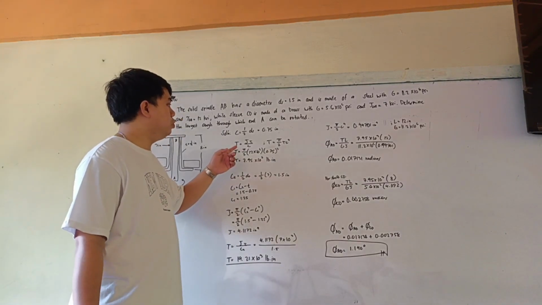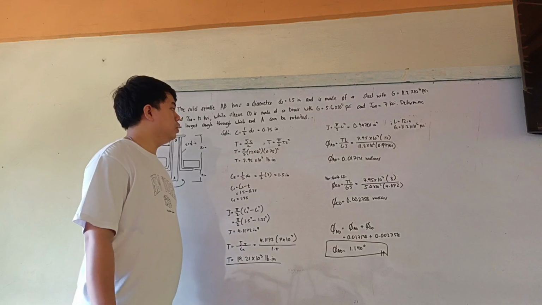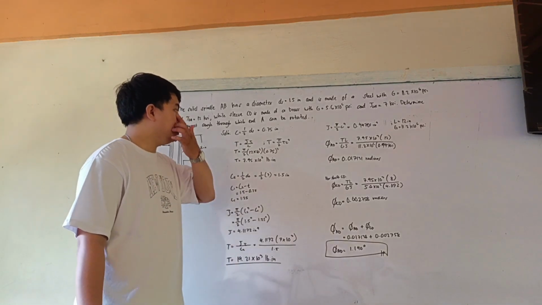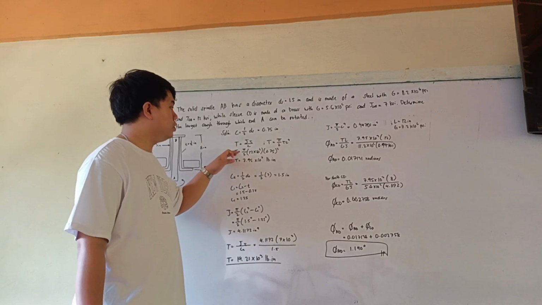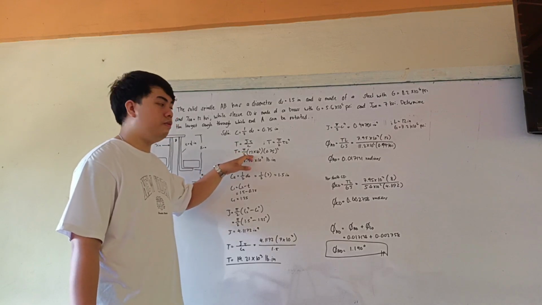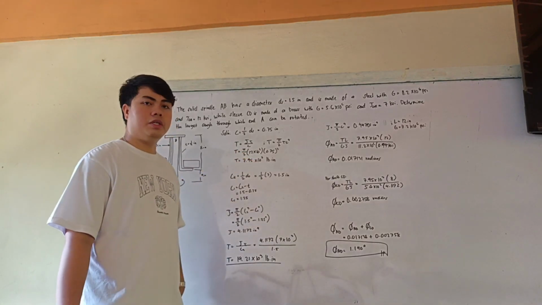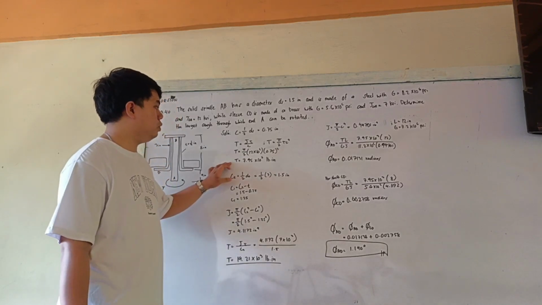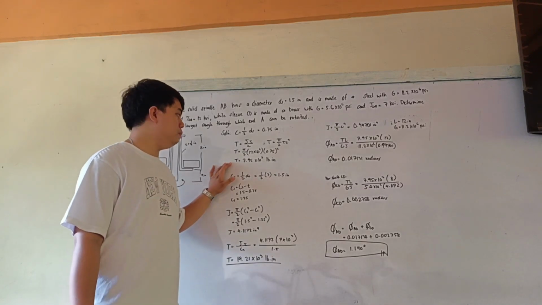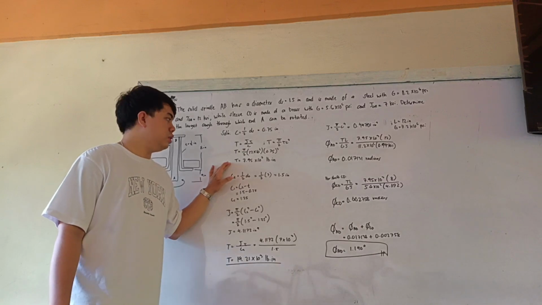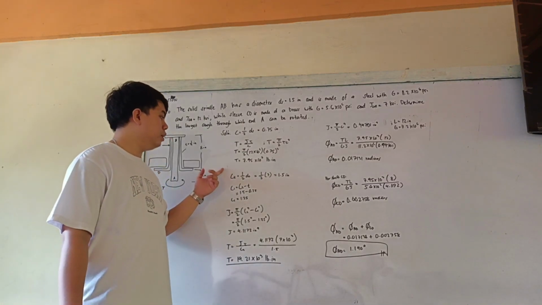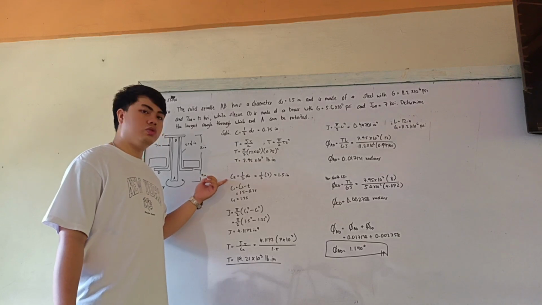T is equal to pi over 2 times the allowable stress times C cubed. So we plug in the values: pi over 2 times 12 times 10 to the power 6 times 0.75 cubed. So we have T is equal to 7.95 times 10 to the power 3 pound inches. So next, solve for C2.